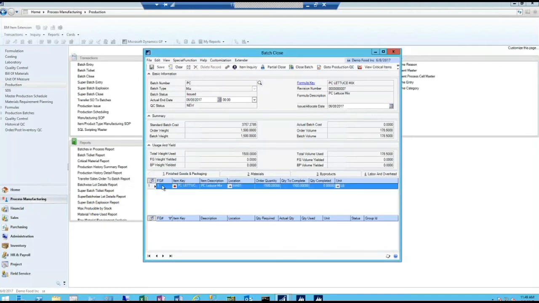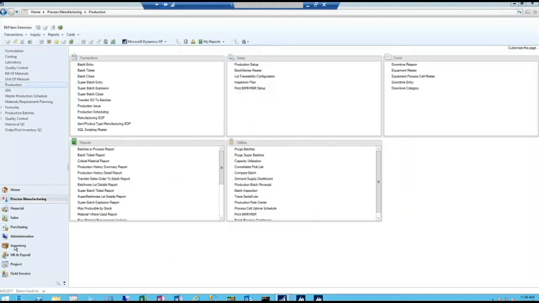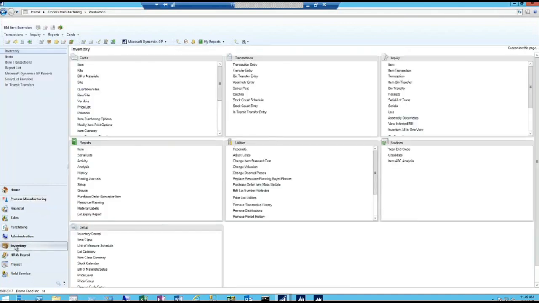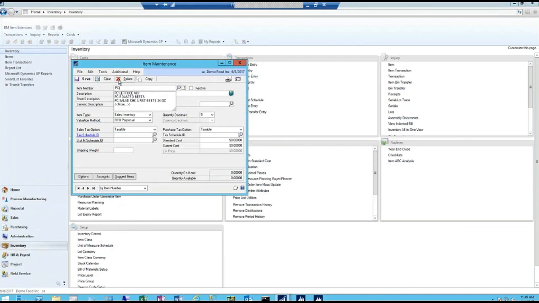Now at this point what I would be doing is giving it a lot number, and this item is probably marked for auto generation. So it automatically gave it a lot number. Now if I was doing something that was a setup for a manual, let me show you how that comes about. For my item, if I go PC, and I do my lettuce mix,